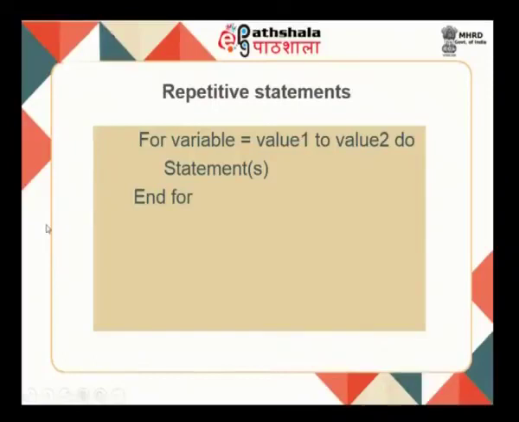That means, initially value 1 is assigned to the variable, the statement is getting executed, the default increment is 1, then the variable is incremented. When the variable becomes equal to the value 2, we come out of this particular loop. We can also increase the step size, that is instead of 1 we can increment by any other value, and as part of this loop there can be one or many statements.